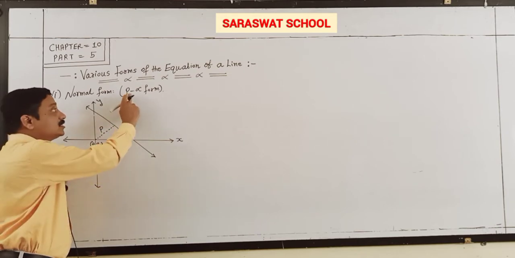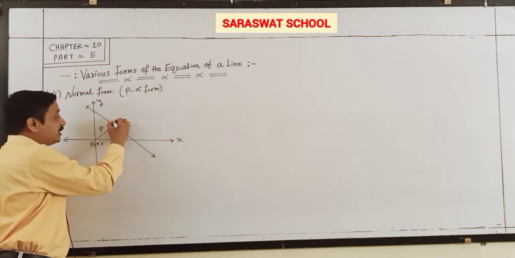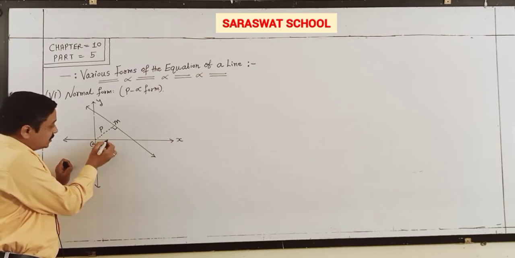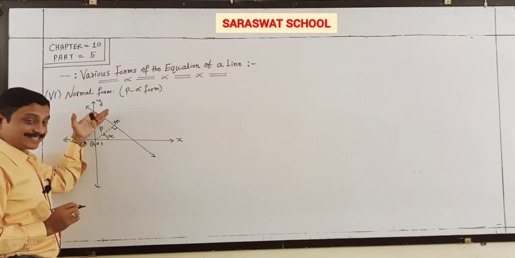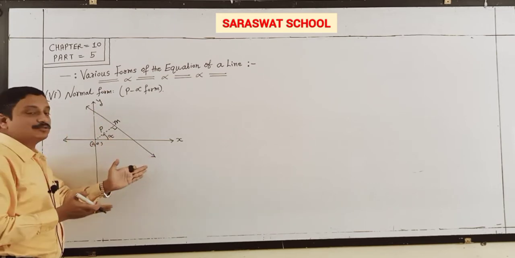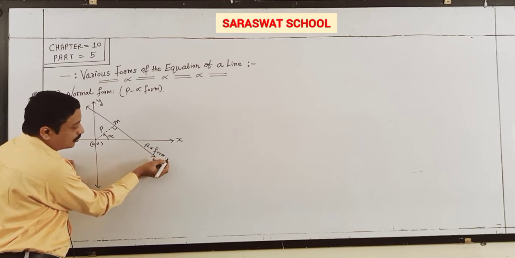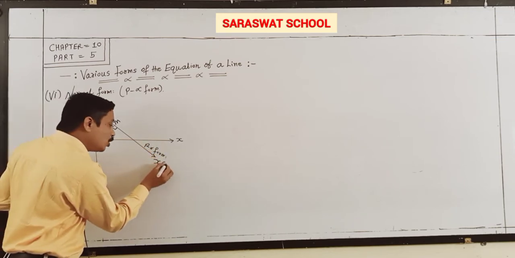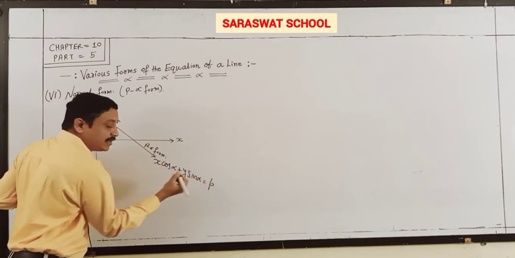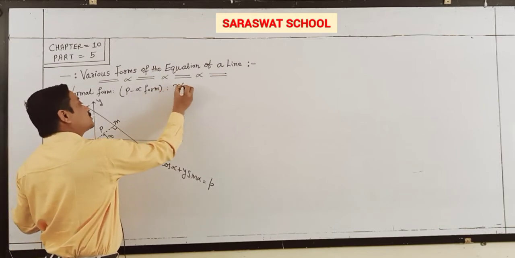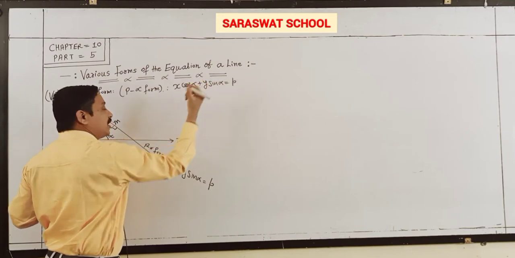P is the perpendicular distance from the origin, and the angle made with the x-axis is called alpha degree, and this line is called the p alpha form. Its equation is x cos alpha plus y sin alpha is equal to p. So learn this formula by heart, x cos alpha plus y sin alpha is equal to p, where p is